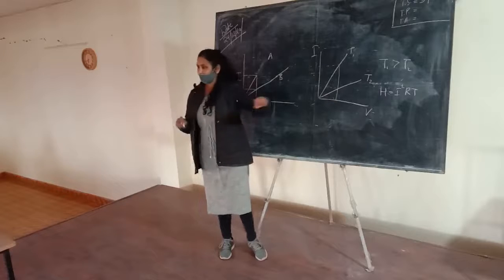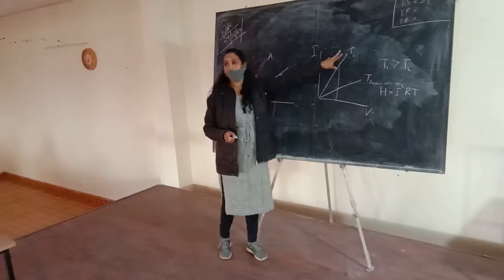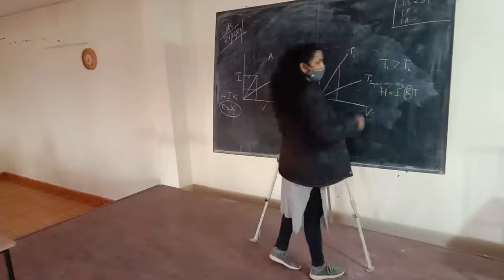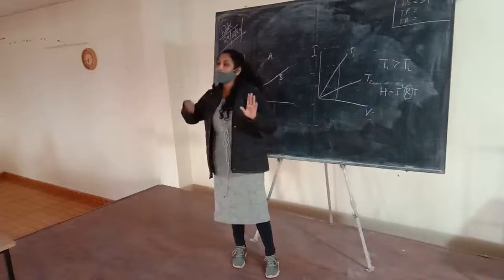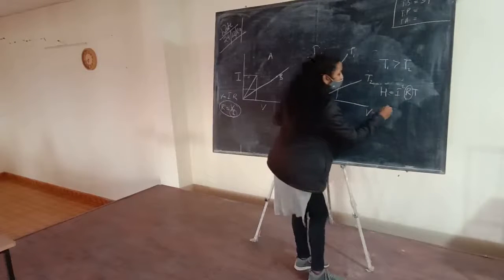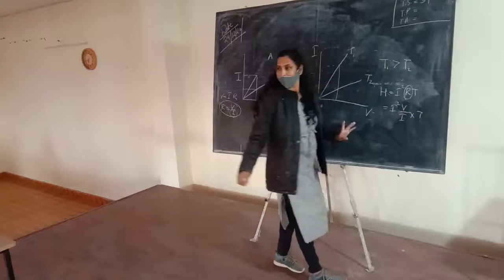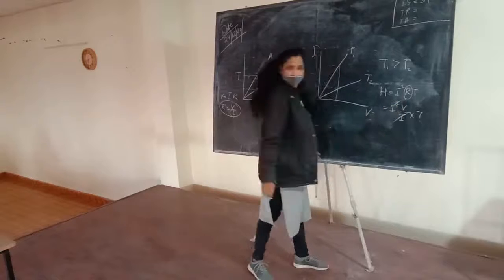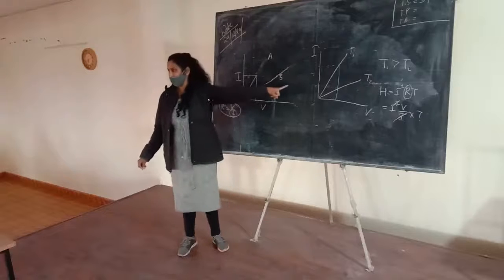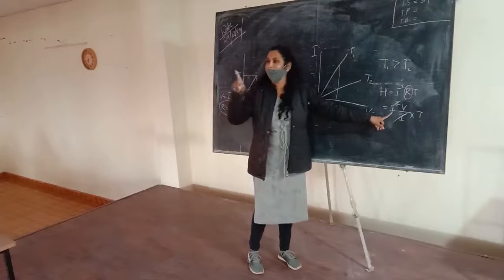Actually, if we use this formula for heat produced, we are not able to explain why T1 is greater. We have to change this formula. We have to change the resistance according to our need. We want to take V as a constant, so convert this R into the form of V. We know that R is equal to V upon I. We can cancel out I with the I square. Then the formula is V into I into T. Since V is constant for both the temperatures, the wire which has the higher current should have the higher temperature.